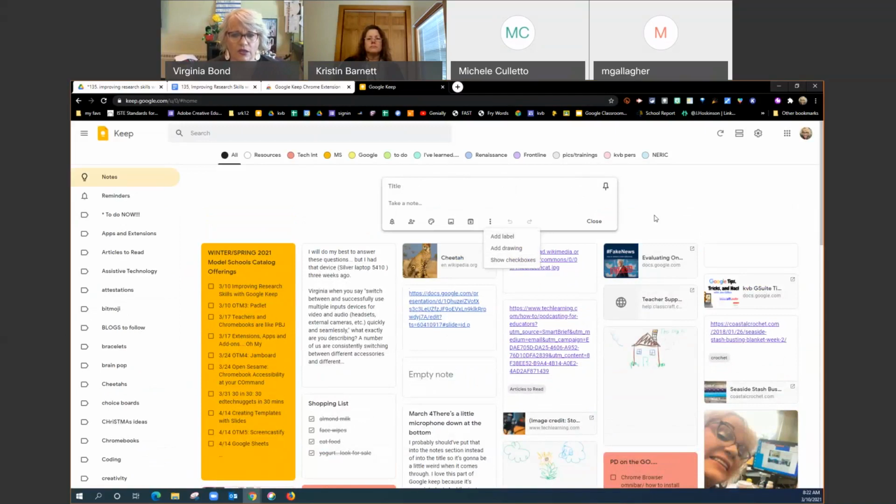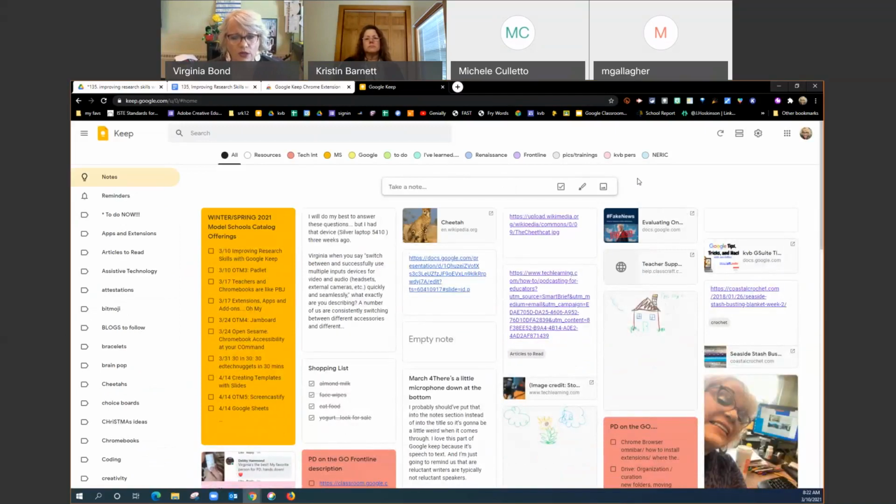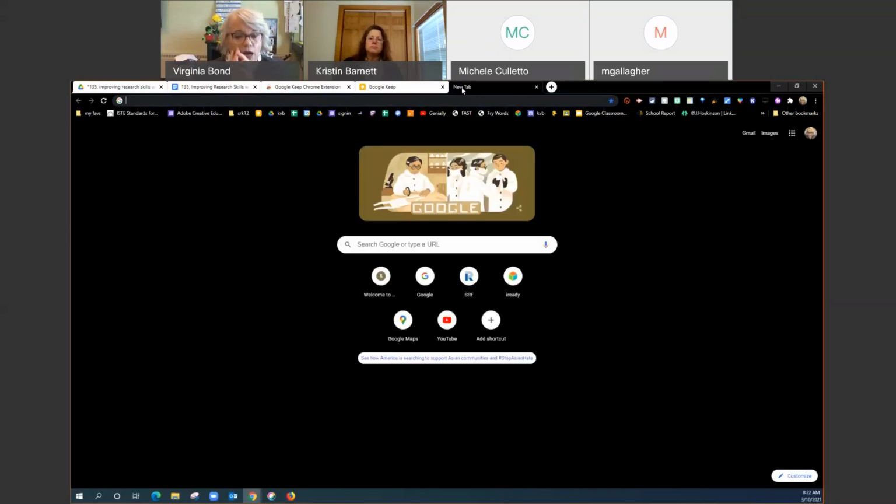and also check boxes. But since we're talking about research, one of the things we're going to do is we're going to actually use the Google Keep extension while we research. And I am going to go out to Google, and what I need from you guys,